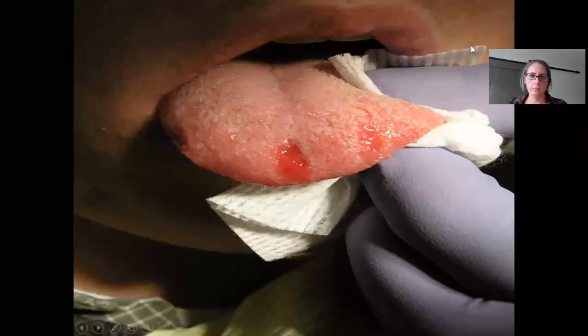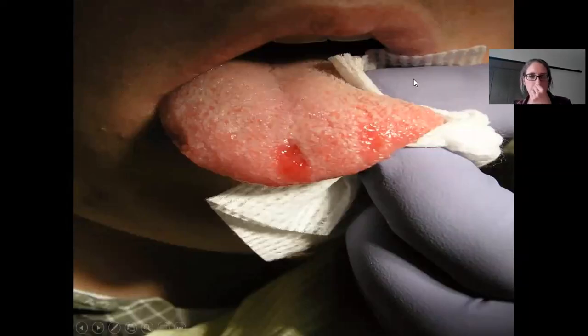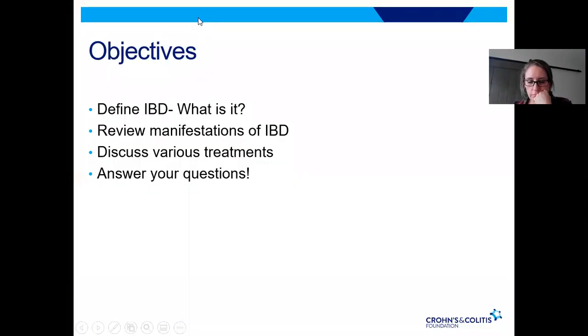Just in case you doze off or something, you remembered a very important part of inflammatory bowel disease. This is biopsy-proven Crohn's disease involving the tongue. These are not aphthous ulcers or anything like that. This is Crohn's disease involving the tongue. And Crohn's disease can involve any part of the GI tract from the mouth to the anus, where ulcerative colitis primarily involves just the